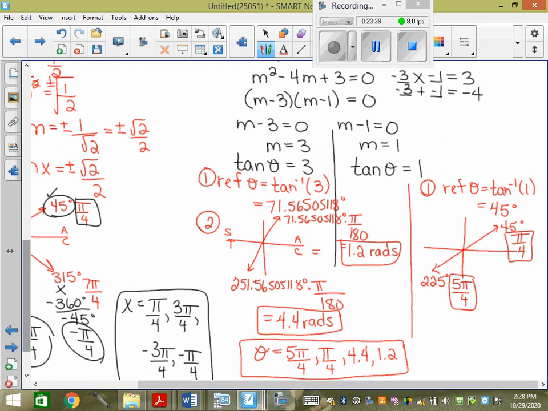So if they want 5 pi over 4 to the nearest decimal, you're going to go 5 times pi divided by 4, and it's 3.92. Okay, 3.9. So if they want your radians in a numeric response to the nearest tenth, you put the pi in. 5 pi divided by 4, give it to me. Unless they say